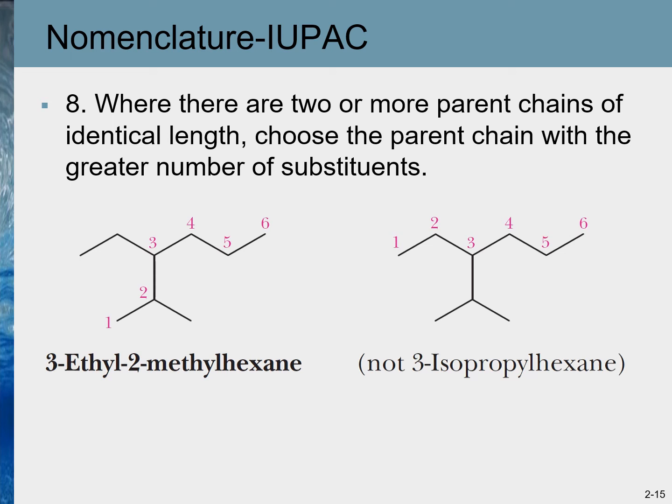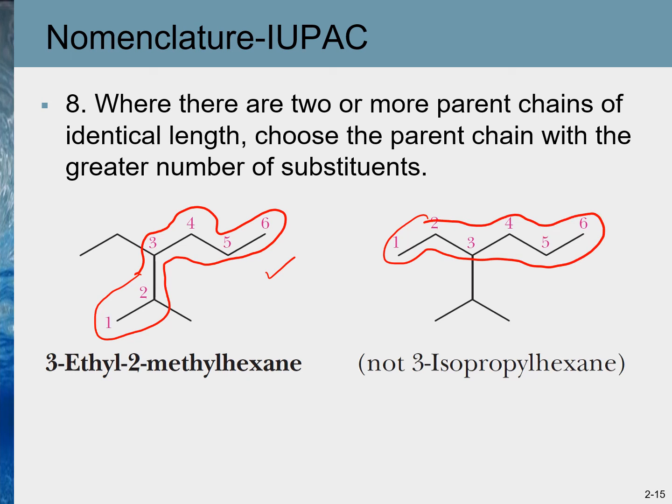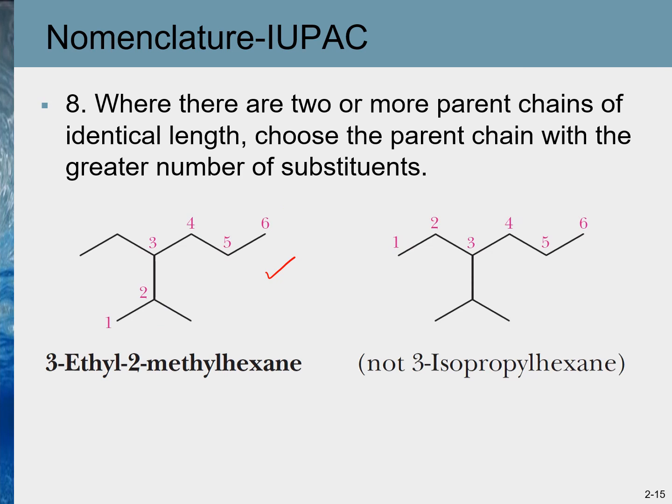So it states that in case we have possibility of 2 longest chain with similar chain length. For example, in this case, our longest chain could be either this way. So this is 6 carbon long chain, or this way. This is also 6 carbon long chain. Both are same molecules, by the way. So let me clean it up. So either our longest chain is this one, 6 carbon long, or our longest chain is this one, again 6